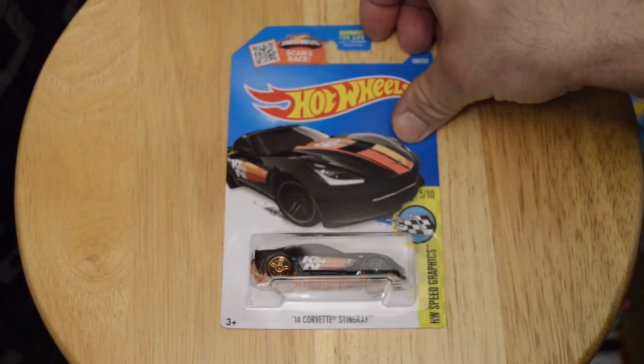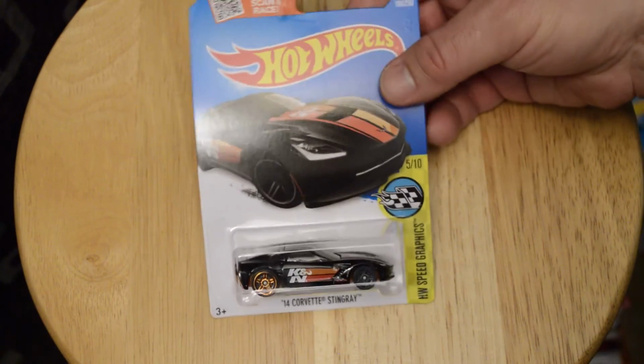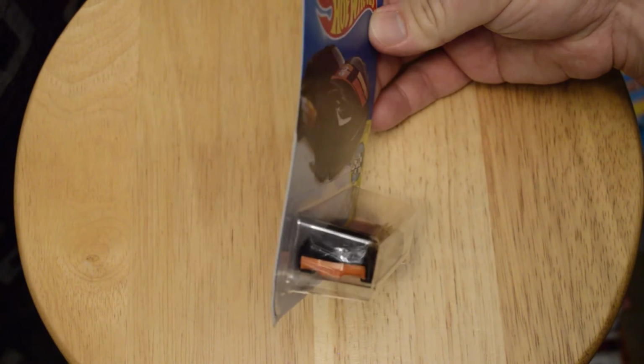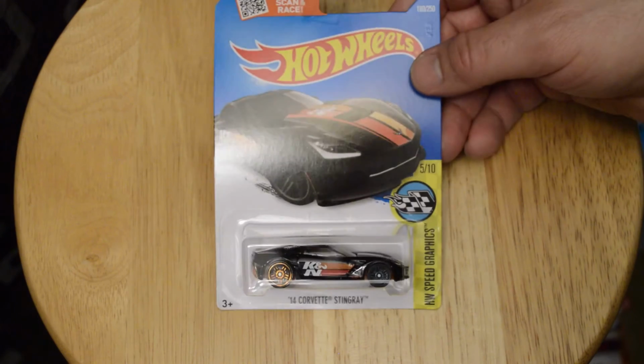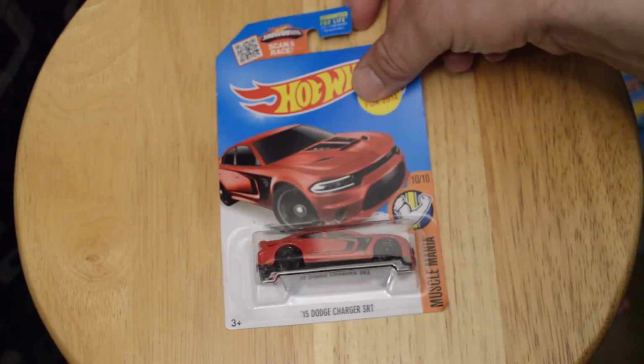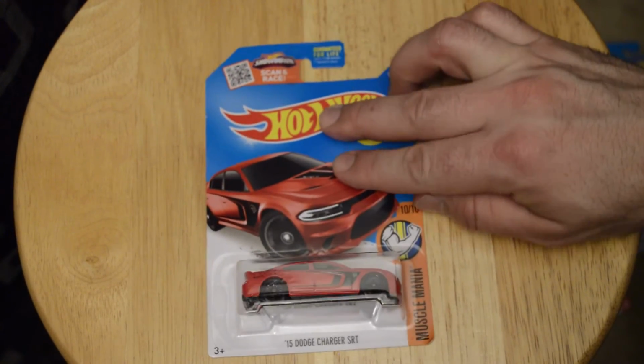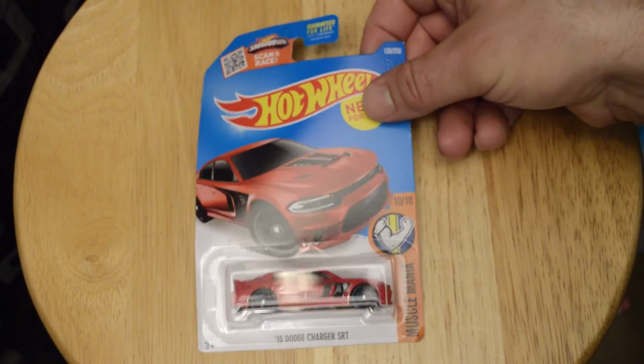Let's see, this is a 2014 Corvette Stingray. I imagine that's probably the C7. Yes. Yep. So sad that these cards have gotten a little bit warped, but yeah,